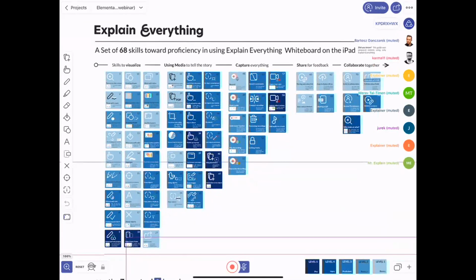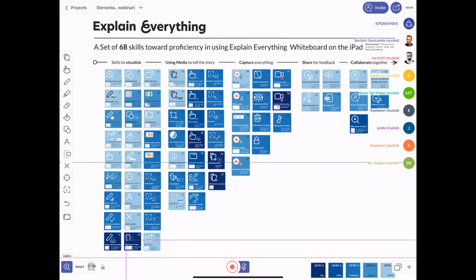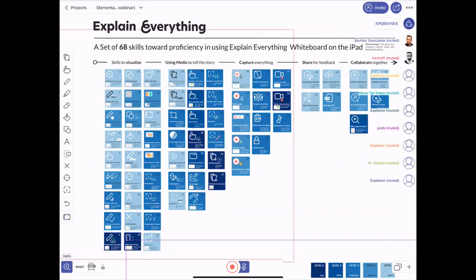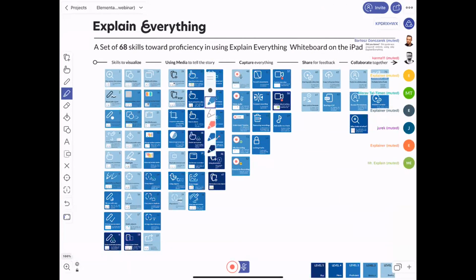I don't want to overwhelm you, but this is like a set of elemental skills that I listed you might be interested in. And we can cover some of those if you'd like to learn more. So for those that are joining, please try to use the highlighter here. That's the tool here. And highlight the skills that you're most interested in. And in the meantime, when you'll be browsing through the screen and looking for the things that you're interested in,